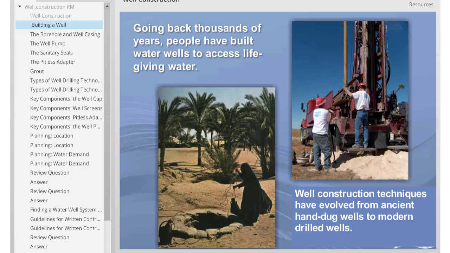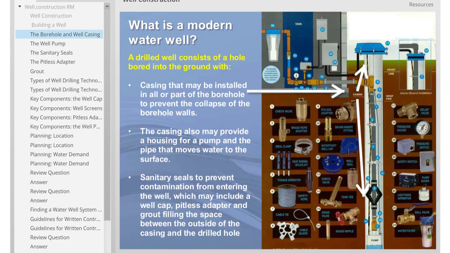Going back thousands of years, people have built water wells to access life-giving water. Over the centuries, well construction techniques have evolved from ancient hand-dug wells to modern drilled wells. A modern drilled well starts with a hole bored into the ground and may include features such as casing installed in all or part of the borehole to prevent collapse of the borehole walls,